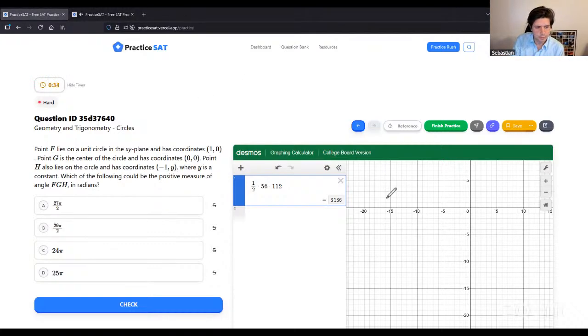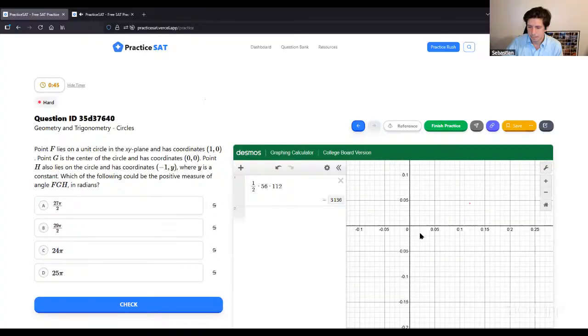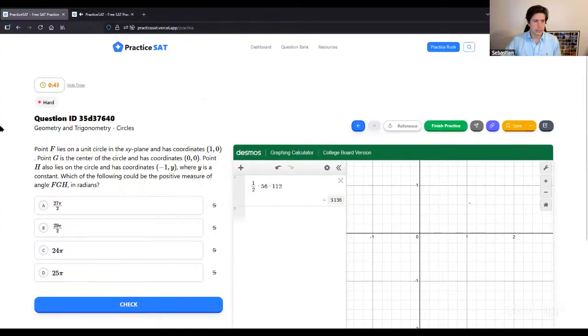here, right? So point F lies on a unit circle at 1, 0. We don't really have to zoom in. The thing that matters is the direction, not really the size, but whatever. All right. So we're going to do here is one value, -1, y. So we're going to be up here. Then we're going to go here. Okay. This is going to be a 90-degree angle. All right, 90 degrees is pi over